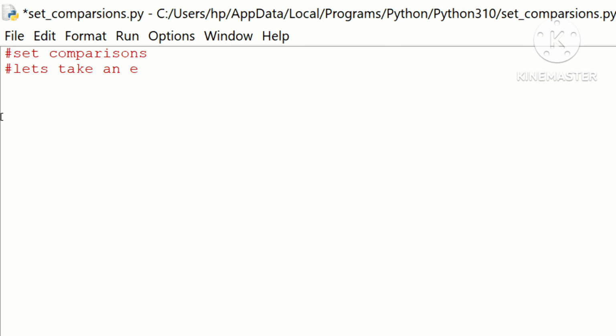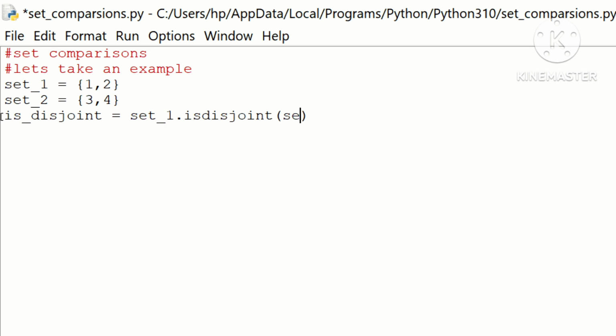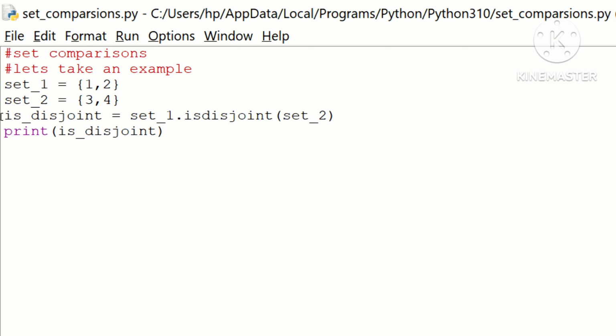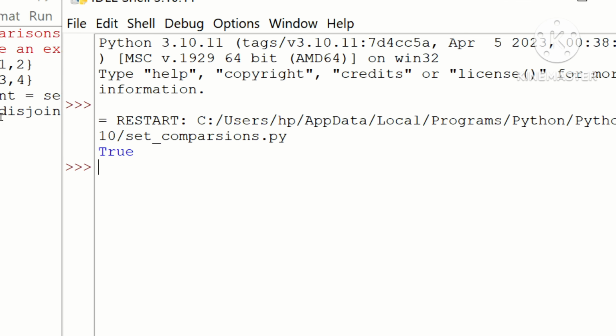Let's take an example. set1 = {1, 2}, set2 = {3, 4}, is_disjoint = set1.isdisjoint(set2). print(is_disjoint). Let's run it. See, the output is true